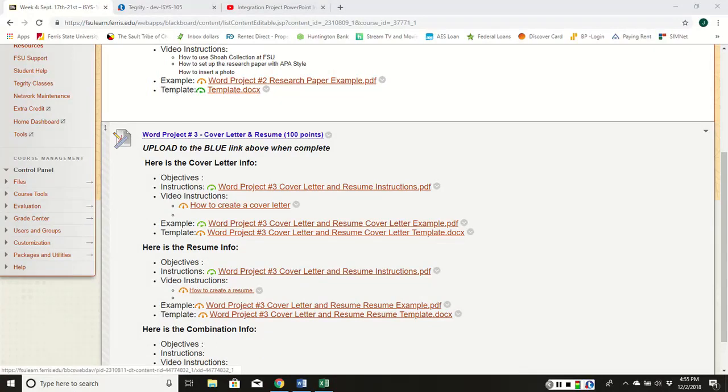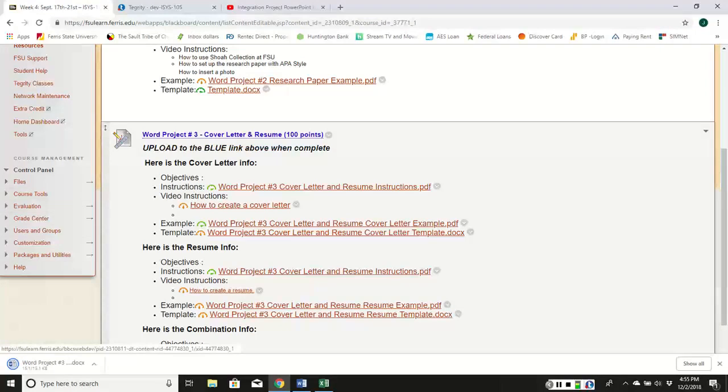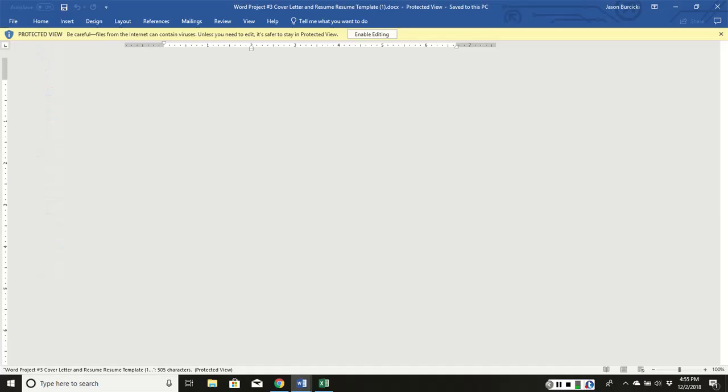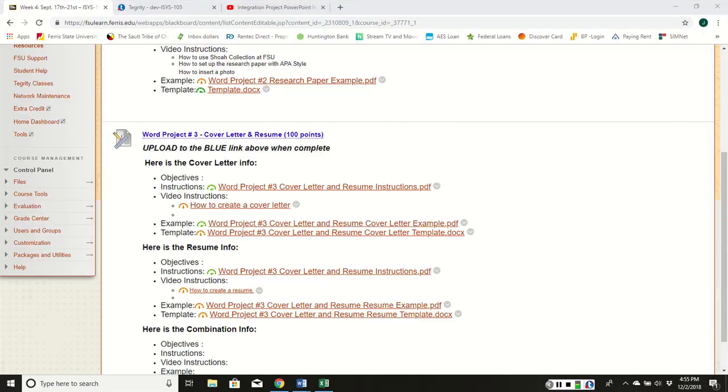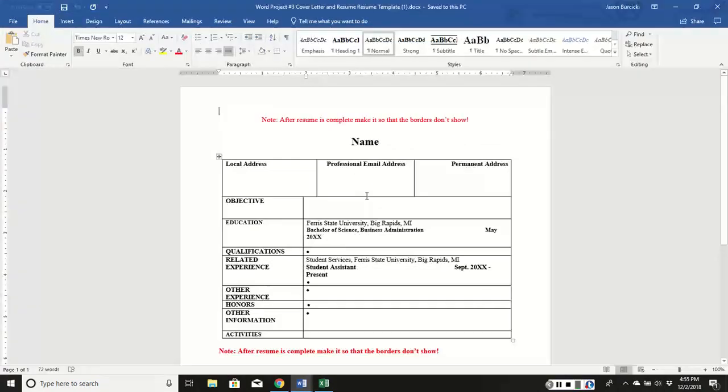So I'm sure you guys have already downloaded the instructions, so I'm going to download the template, and I already have the instructions up. So just open up the template right here. It's probably going to open up right here. Enable editing, so it comes up. It's in my different window. So right here. So what you want to do